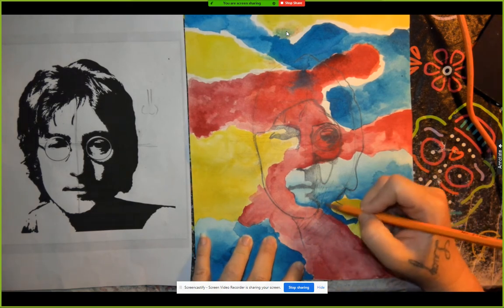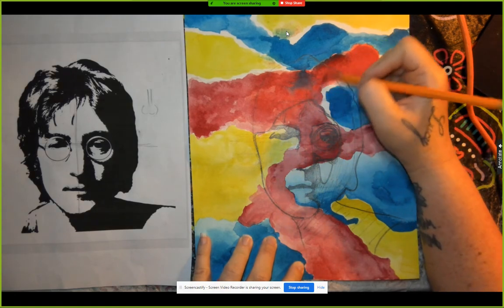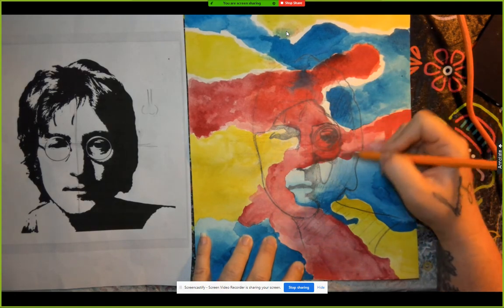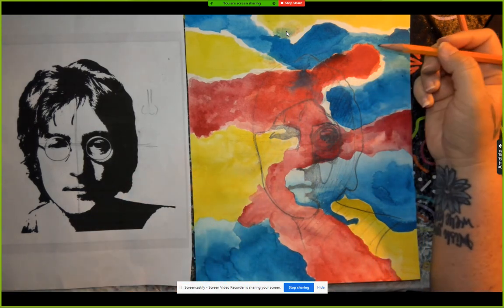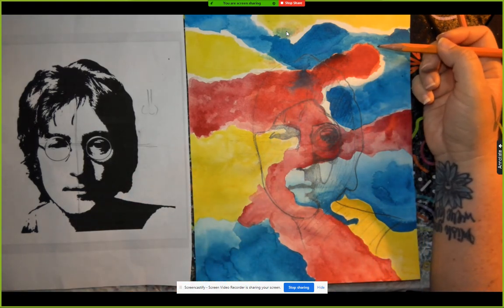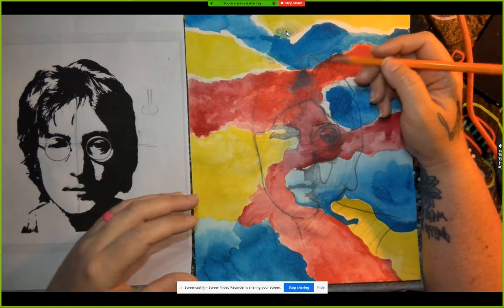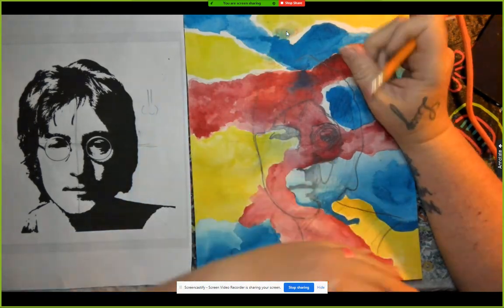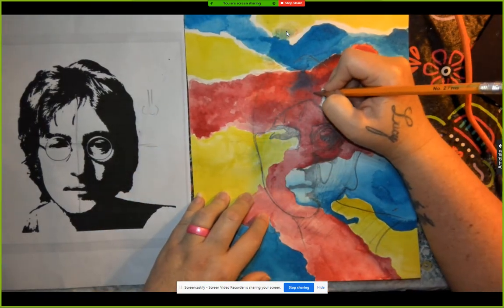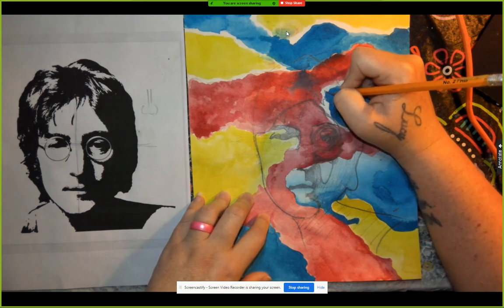If you want to just go in and lightly shade it, you guys can. But now that I have the outside edge of this hair, I know where I have to go in. Now up here, I have some highlights. I'm like, oh, I cannot miss these highlights because that's what makes his hair look really super shiny. So make sure you have an area up here where you can go in and add a little bit